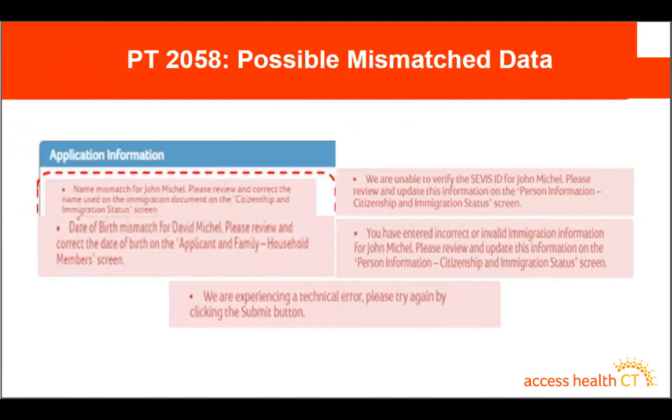If you see that one at the bottom there, we are experiencing a technical error, please try again by clicking the submit button. So that would access those verification services again. It would try again, and in some cases you'd be able to just proceed without any real issue. So you can either